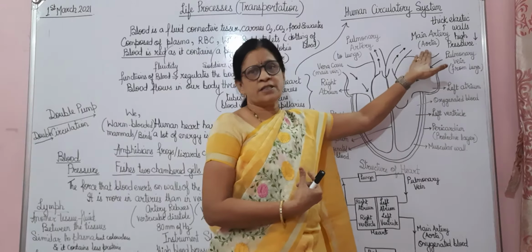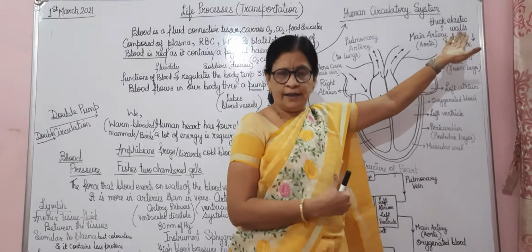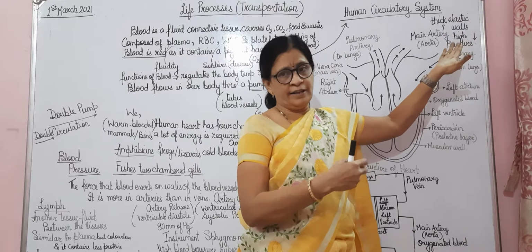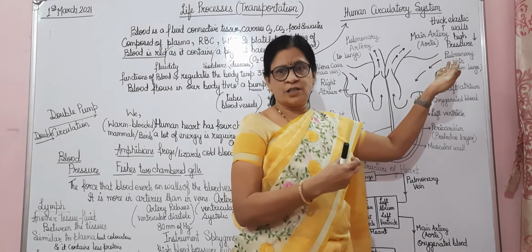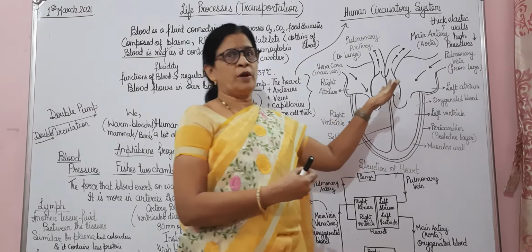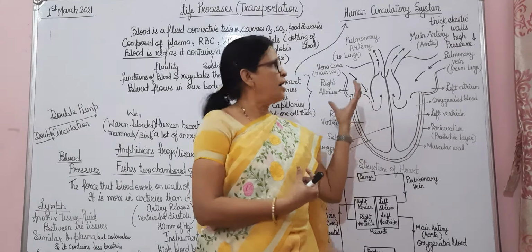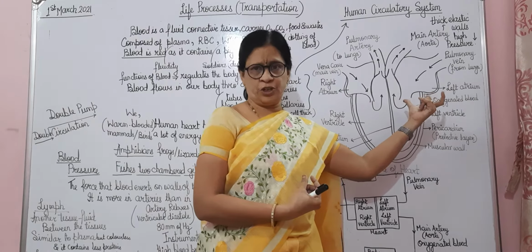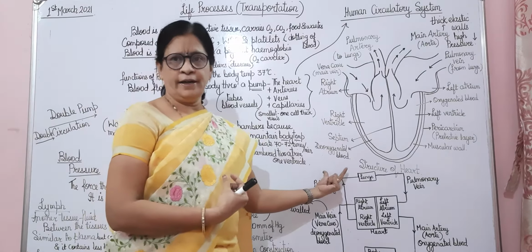Remember, the arteries are very thick. They have got elastic walls, and they have to maintain high pressure. In fact, the veins are thin walled because they do not have to sustain such a lot of pressure. So in this way, there is the difference between the structure of the arteries and the veins. Arteries are thick walled and elastic, and therefore they develop blood pressure. Okay, so this is how the working of the heart takes place.